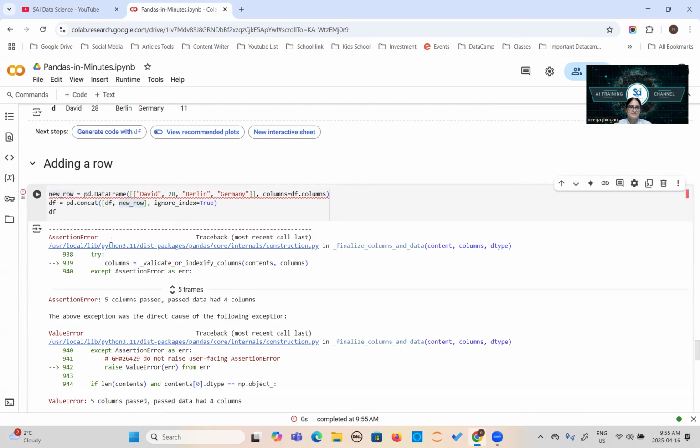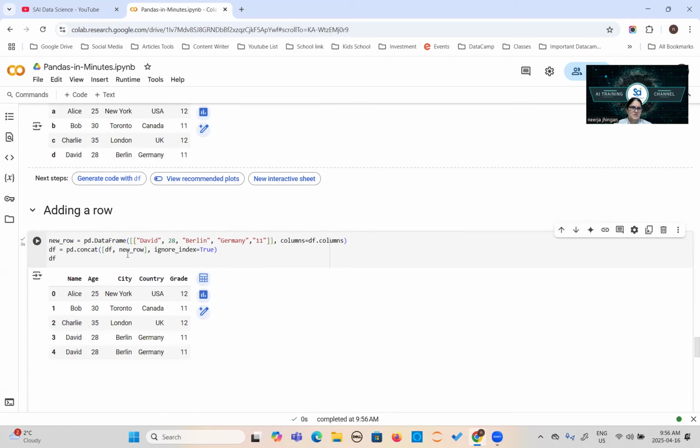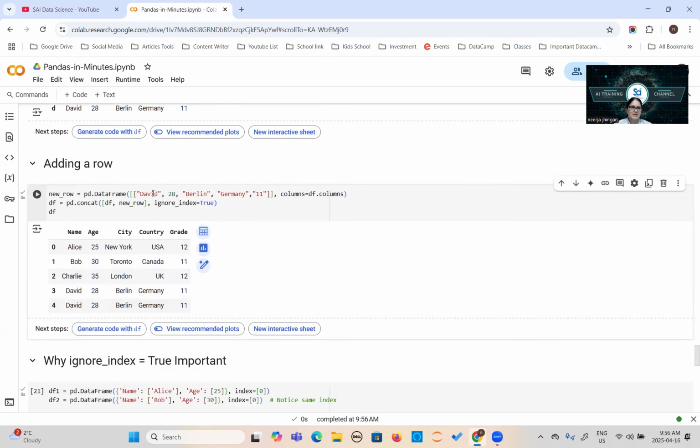Look at this. Now 5 columns' data, we need to add actually the grade value too. So we have 11. Here we go. Now this is newly added. So we can add it with some other name here. Okay, it will add more. We will not do that. We have added actually a duplicate here. Okay, it's okay. So it has added this one, because I ran it 2 times actually.